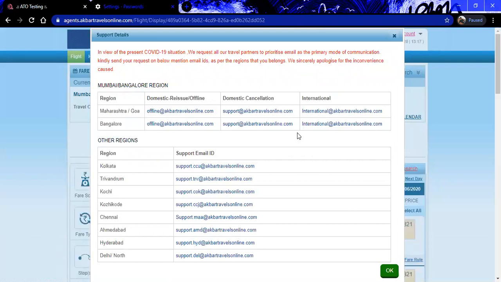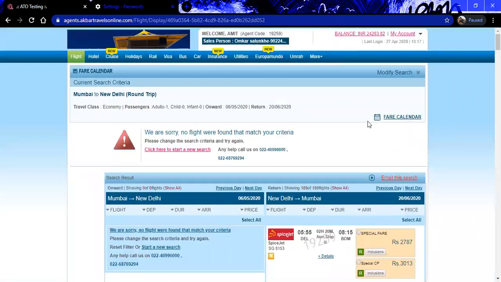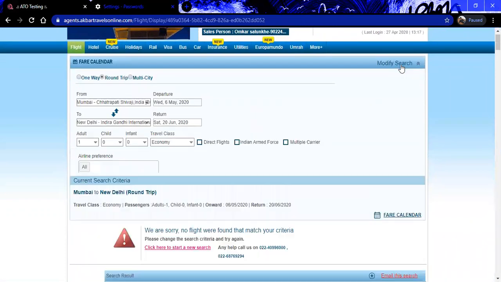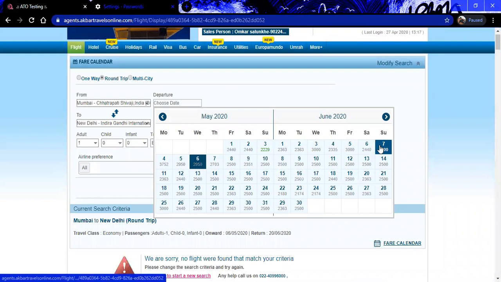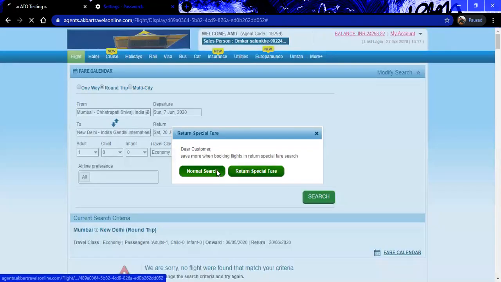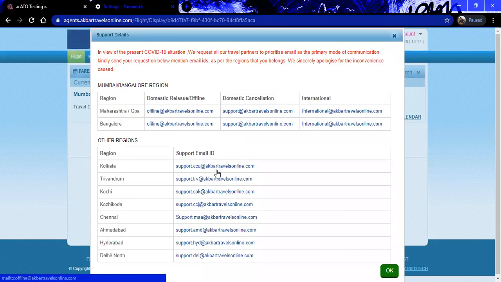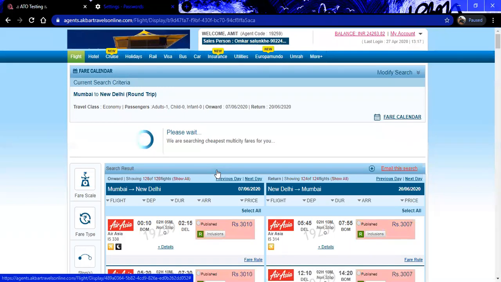The details in front of us are for a normal search, where, one minute. I think the flights are suspended for this particular date. I have to select another date. So selecting another date, clicking on normal search again. Coming back to the page, the availability page is there in front of me. So here is the round trip flight search availability.